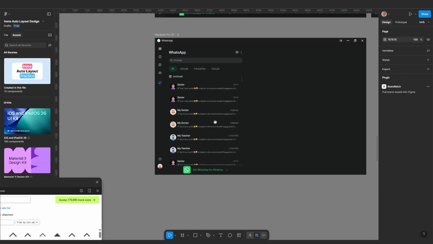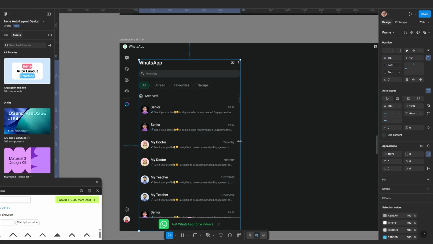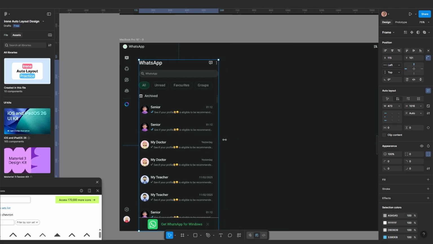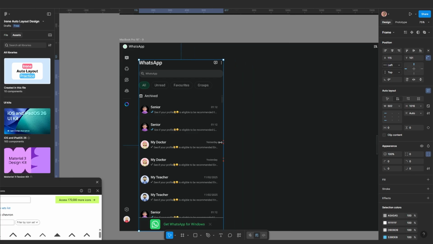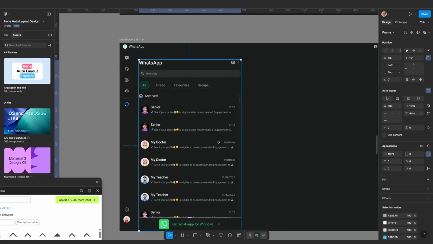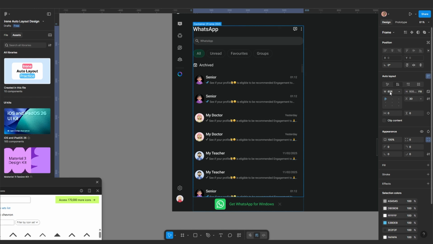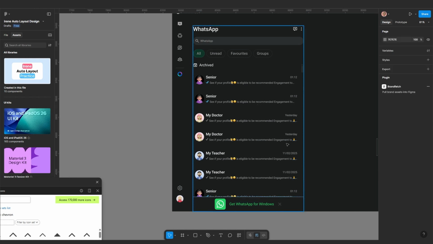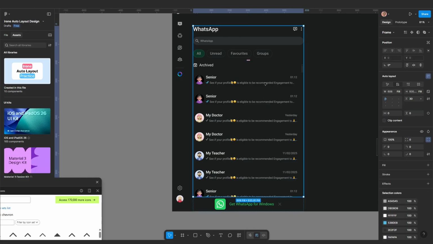And again, what I want to show you now is that if your own is not responsive like this, there must be something wrong somewhere. If it's not responsive like this, something is wrong somewhere. So all you have to do is make sure everything inside is set to fill container. Everything, like only this main container is not fill container, right? But every other thing inside has to be fill container,